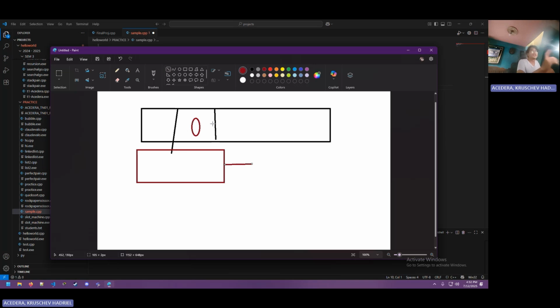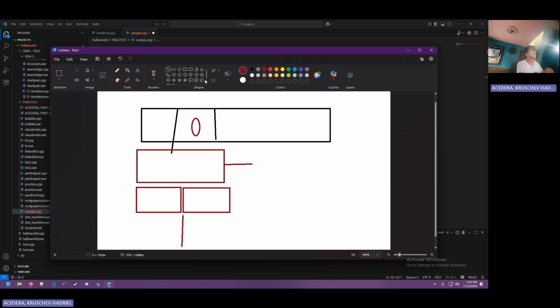If it's not, you check if it's greater than or less than. If it's greater than, then it simply means your data must be somewhere around here. So again, you divide your array into two different sections, and once again, check the middle.